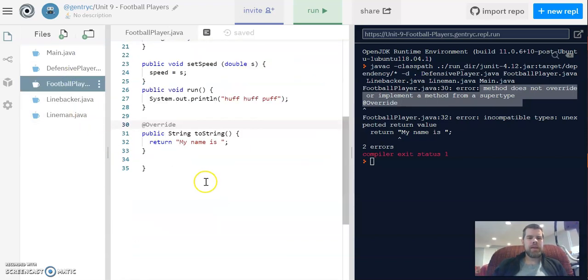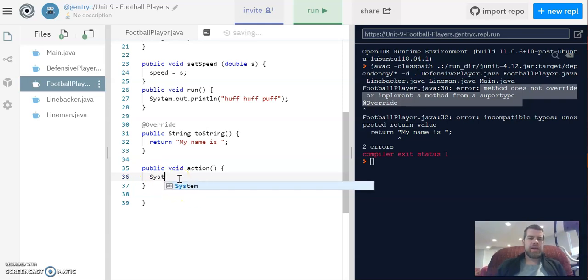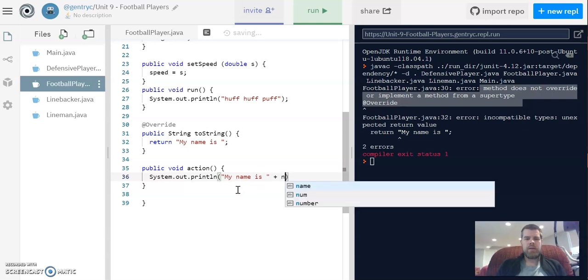So in the football player class, I'm going to make a public void action method. This method is what's going to be called when we hit a particular button on our controller, so the A button or the X button or the triangle button or whatever. This is going to be like the button handler for that action. Let's say the generic action for a football player is just to print who the player is. So I'm basically going to steal the toString and say